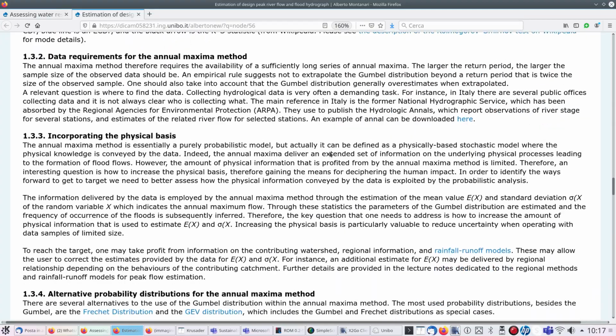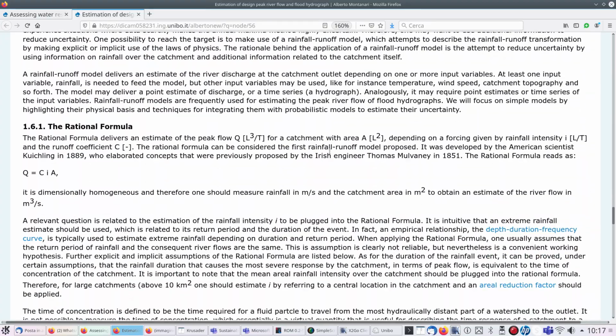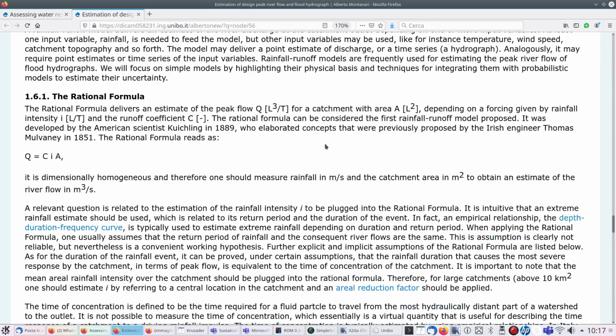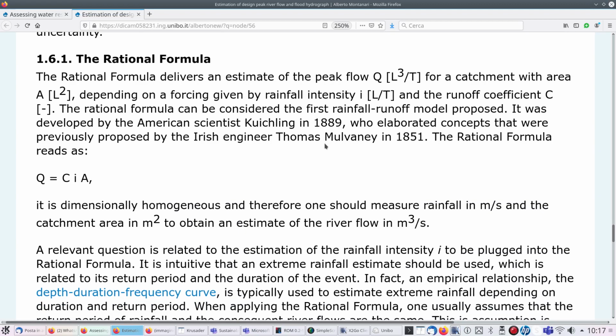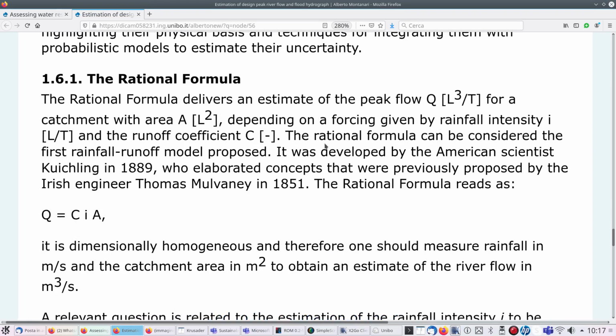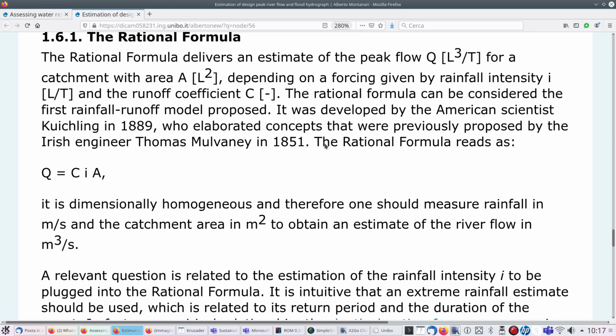I am scrolling down. Here it is. Rational formula. Let me expand the font. It is now appearing. Just wait for a while. Here we are. Perfect. So,